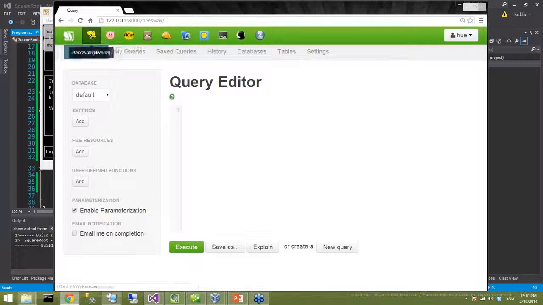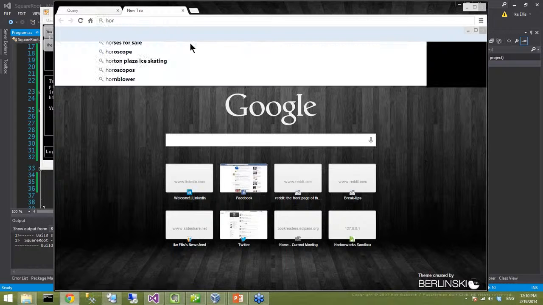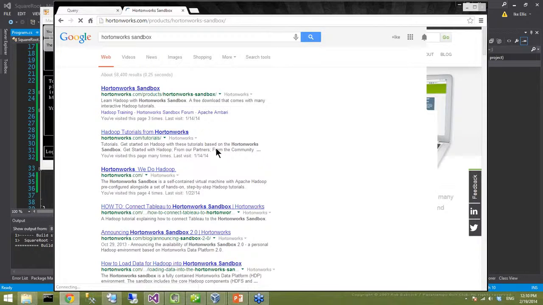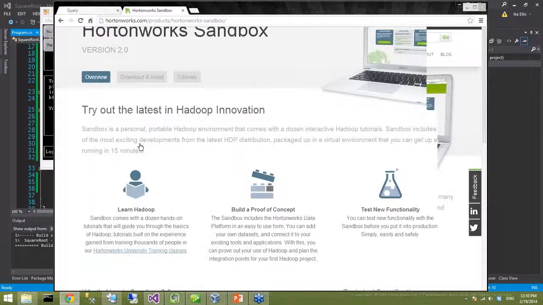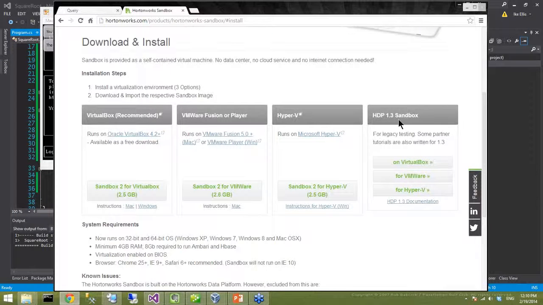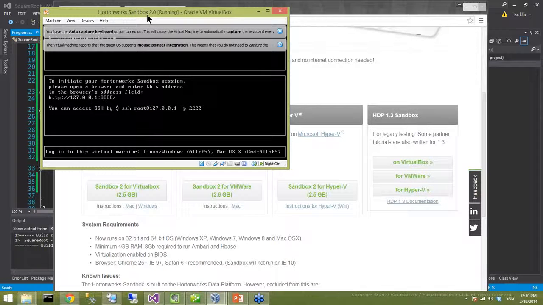One way you can use it is I just downloaded the Hortonworks sandbox, and if you just Google that, you'll see, go to download. They have a sandbox for VirtualBox or VMware Fusion or whatever. I just used VMware VirtualBox when it was free, and then I just run it.